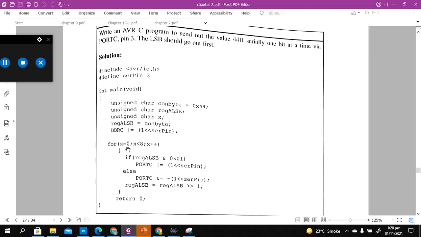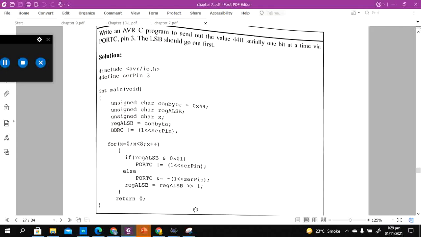A loop is going to iterate the number of times that this data is available, 0 to 7, and then based on this data, which we take in a temporary register, we mask the last bit and then decide whether to send a 1 or a 0 at the output, and then make a data shift, so that the data that is sent out of the temporary register is basically shifted one position ahead. So initially it was 0 1 0 0 0 1 0 0, and when one bit is out, one thing is going to be less in the data space.